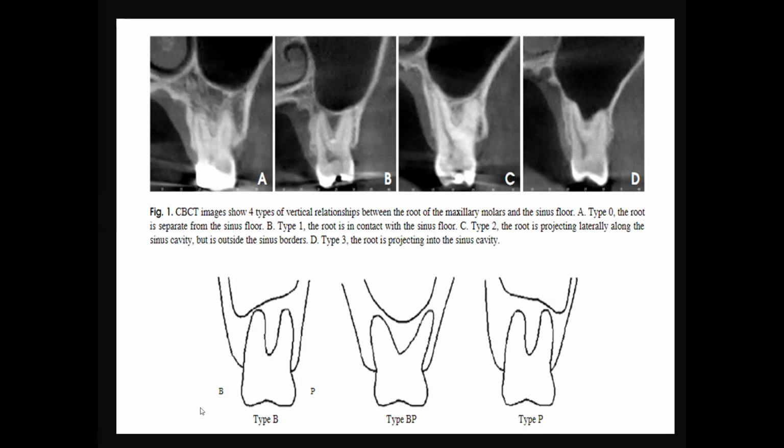You can see that sometimes the roots are in close contact with the maxillary sinus. Now, while we are extracting such roots, there is a possibility that you can leave the maxillary sinus lining perforated. This perforation will give a direct contact with the maxillary sinus, so the sinus would be prone to development of infection, and further it leads to sinusitis. So these are the patients in which we need to take care of the possibility of maxillary sinusitis, yes or no, and we should be well informing the patients.